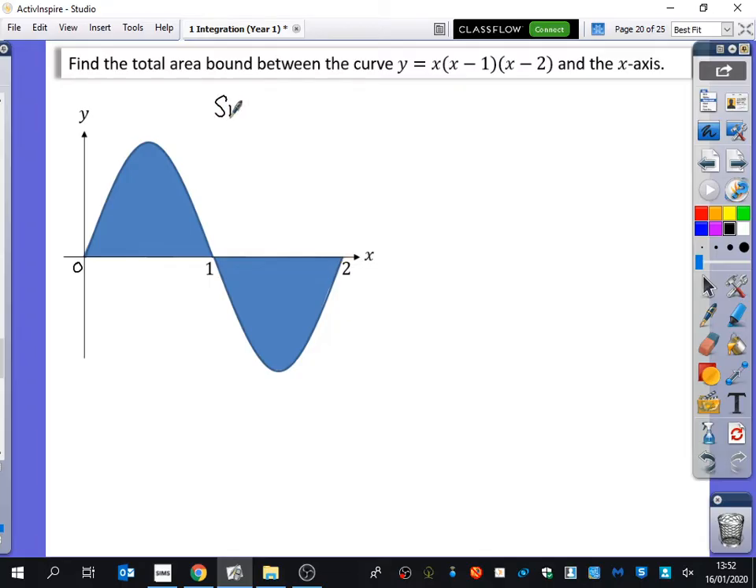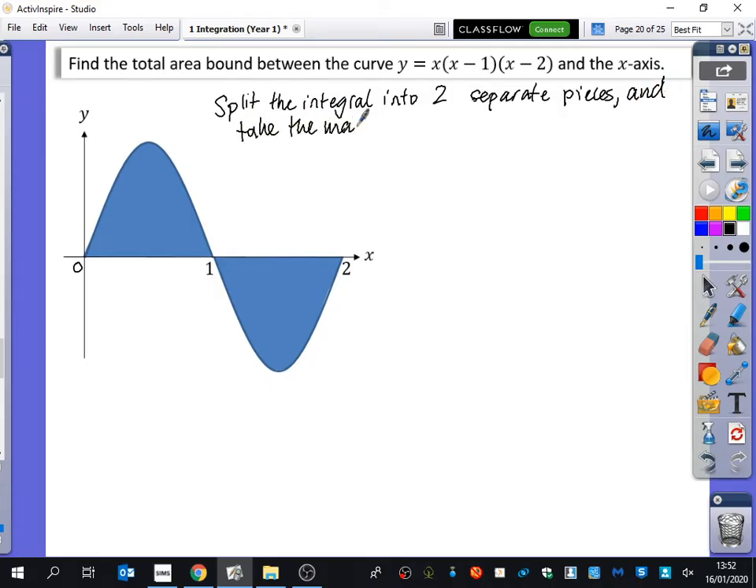So the way we do this is we split the integral into two separate pieces, and take the magnitude of any negative